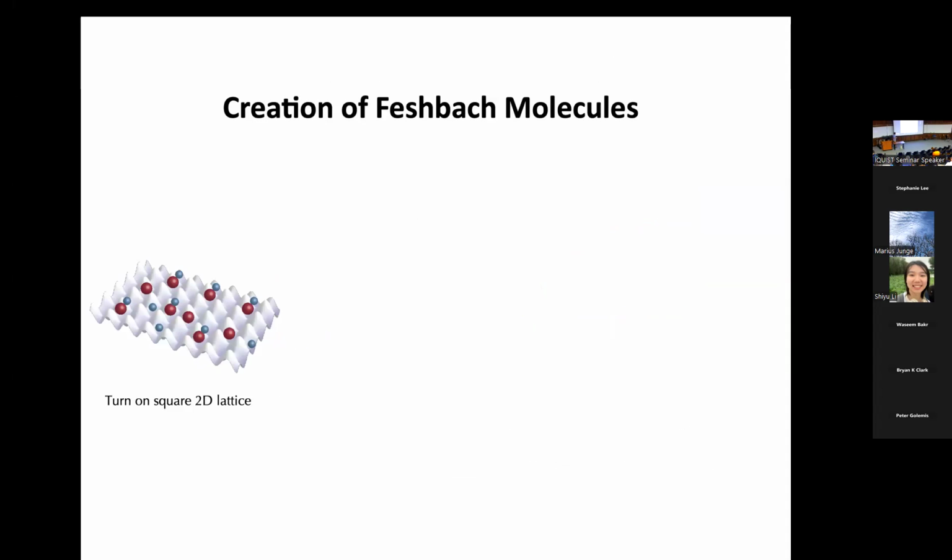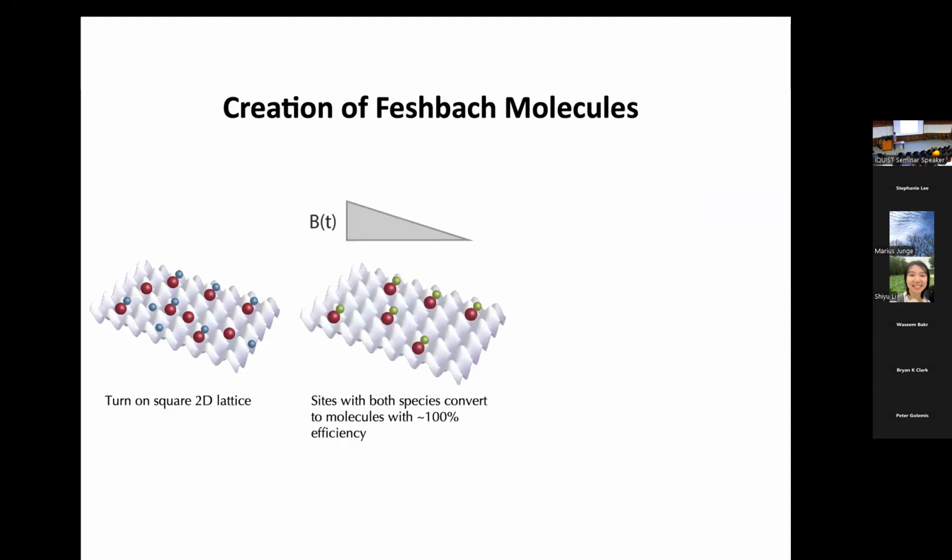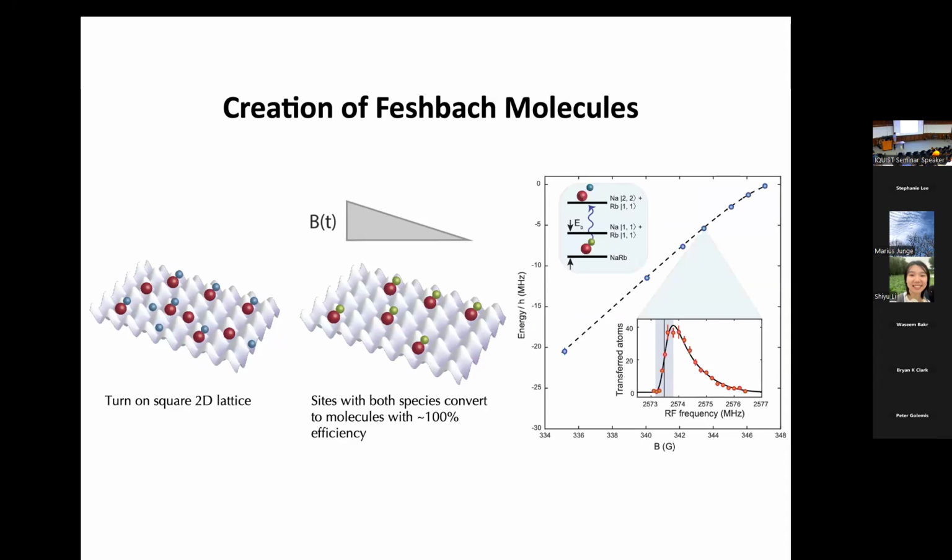Okay, so the experiment proceeds as follows. We start with a random sprinkling of atoms of rubidium and sodium in the lattice. On occasion, a rubidium and a sodium atom will be on the same site. If this is the case, then we can convert them with perfect efficiency, 100% efficiency on a site, to Feshbach molecules. We can blow away the remaining atoms, and then we have a pure sample of a random sprinkling of molecules in the lattice. And we can verify they're molecules by measuring their binding energy. If they're Feshbach molecules, they have a very weak binding energy on the level of 10 megahertz or so, but then we can put them all the way in the ground state with this 2-photon transition, and then they have essentially hundreds of terahertz of binding energy.